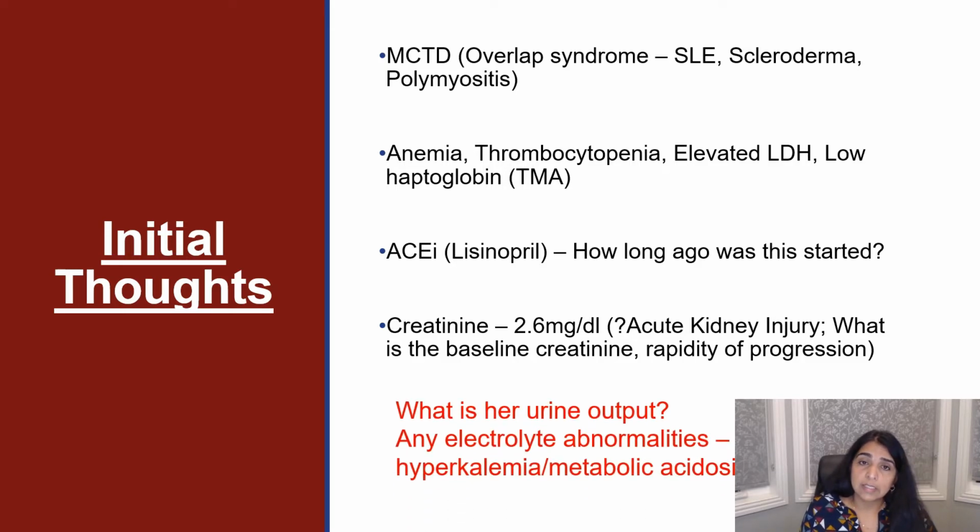For the purposes of the two most important things that a nephrologist wants to look at is urine output. Is the patient peeing? How much urine he or she is making per hour or in 24 hours? And are there any electrolyte abnormalities, particularly hyperkalemia, metabolic acidosis, which are important for us to know to figure out if the patient is rapidly worsening and is there impending need for dialysis or renal replacement therapy, and whether we need to at least take care of that. And if that is not the case, then we have a little bit of wiggle room to start thinking about or teasing out the etiology of AKI in this patient.